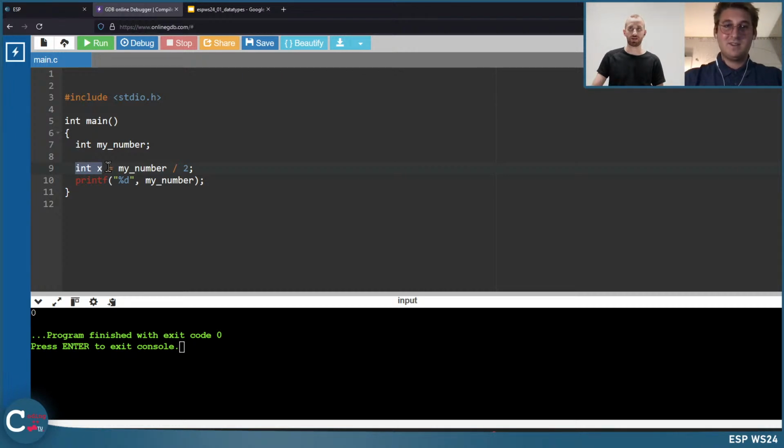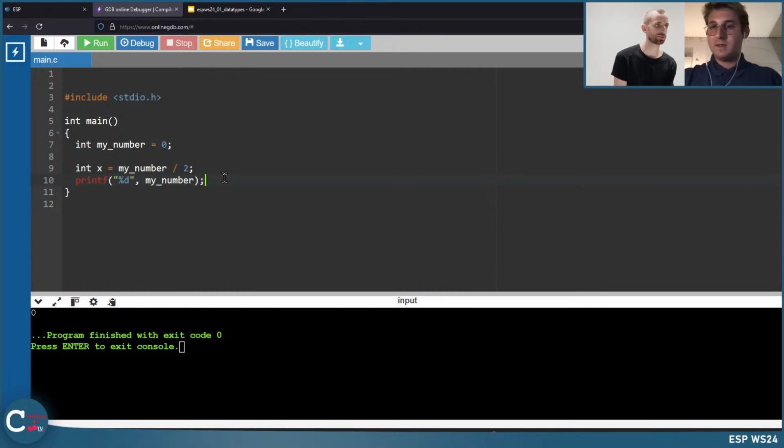And sometimes these values are really not 0. So I would highly recommend to always initialize it with a value, because then you know at least, okay, this is 0 at this point. Exactly, yeah. So if you want to stay safe, just initialize it when you declare it.